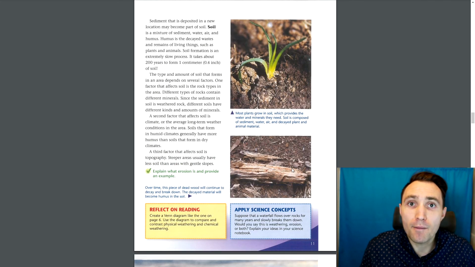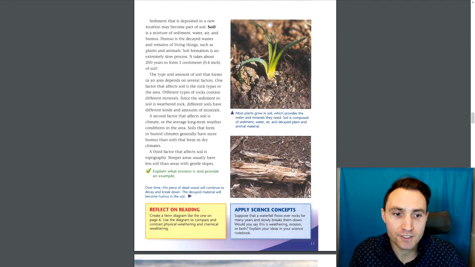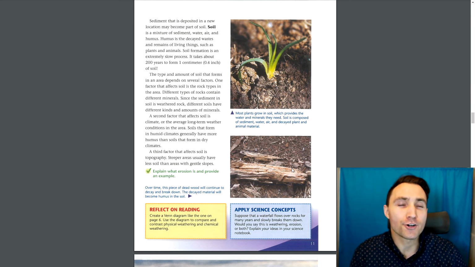But that will wrap up our first section of weathering and erosion. A lot of cool stuff. Maybe next time I'll show you something that has been weathered in my